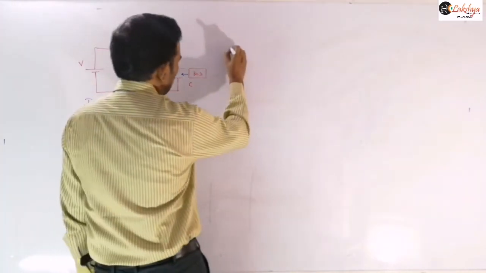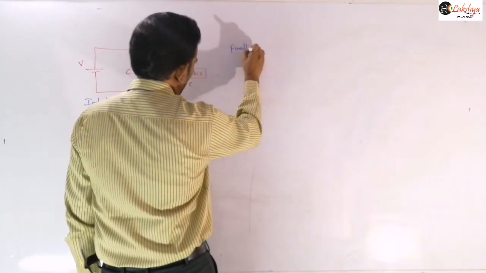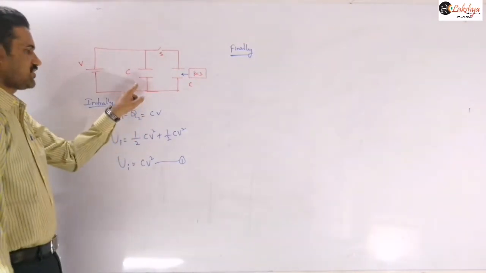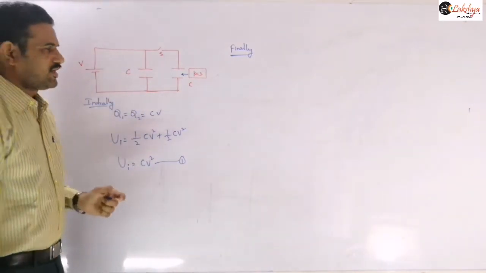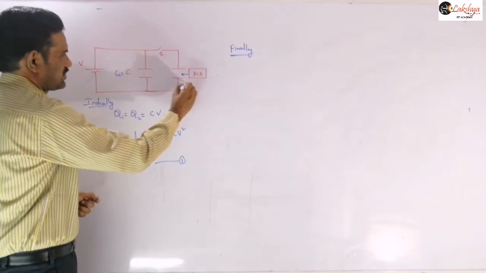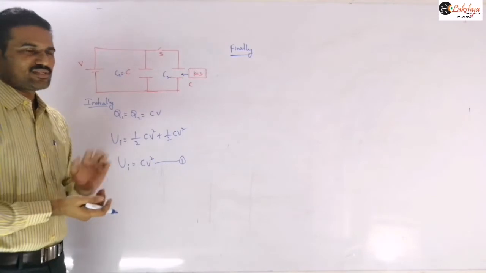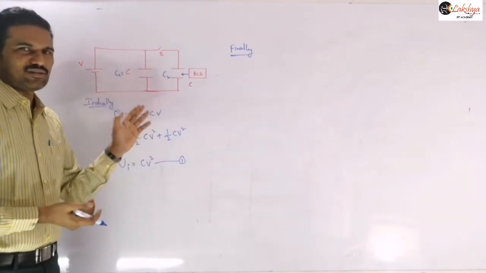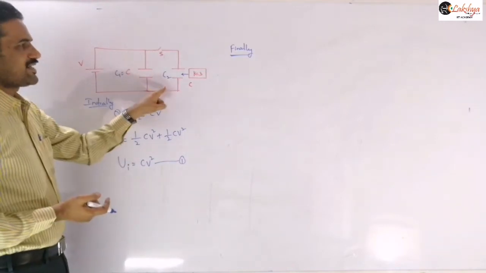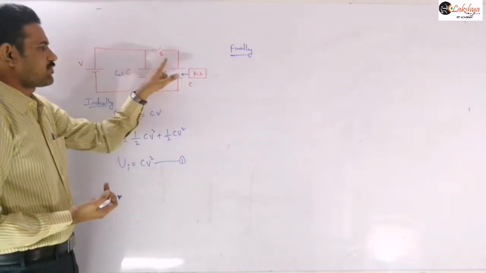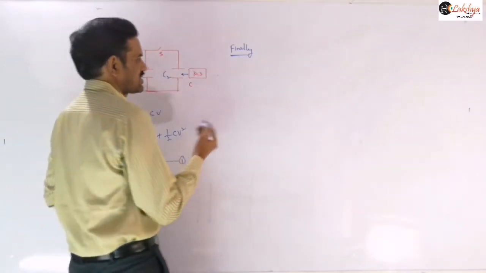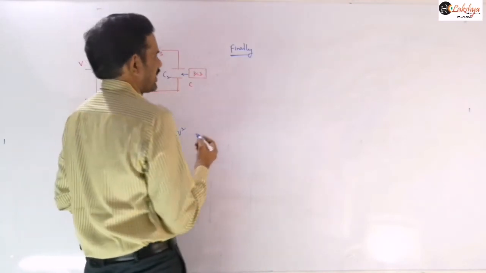And next let us consider it finally. So finally let us consider the situation now. Let us name this as, for example, C1 and this is C2. It is still connected in this circuit, so its potential difference will be still V only. But here it is now isolated. Once the switch is open, it is an isolated capacitor. So the energy is stored in C1 and C2. I am writing it separately so that we can add them.